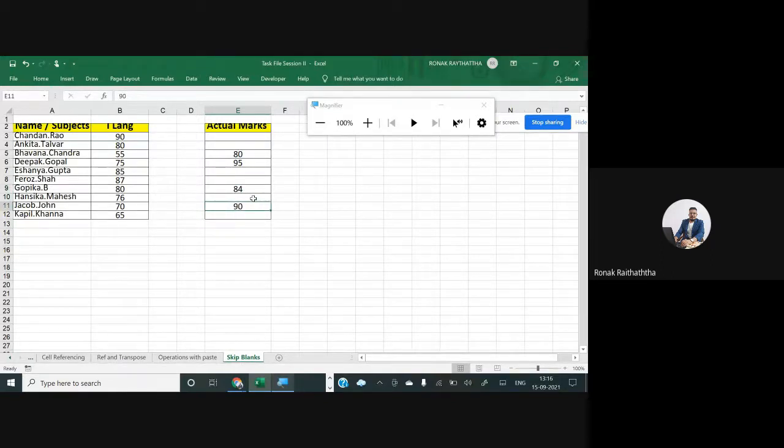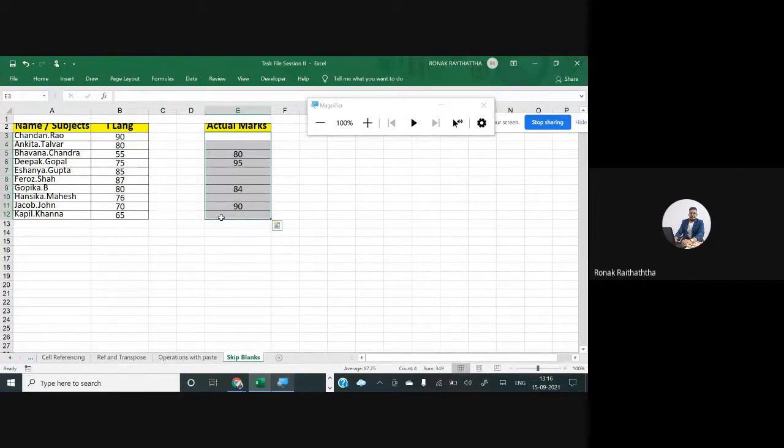Now, I can rectify these marks over there. I go to Bhavna and instead of 55, I type 80. But if I do it for each and every student separately, individually, and then correct their marks, it will again be quite a time consuming exercise, right? So what we can do is copy the rectified marks, right from the first to the last one, including the blanks. Including the blanks, I'll be selecting right from the first to the last one. Please put this in the back of your mind, my friend.